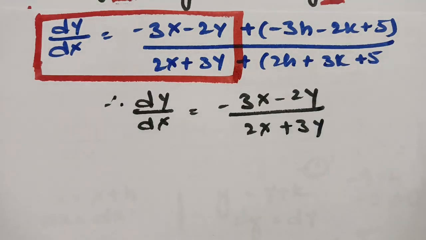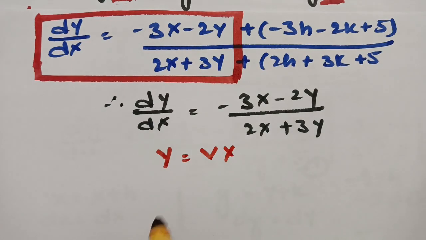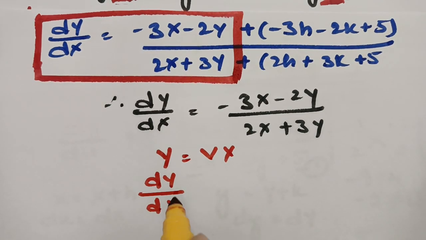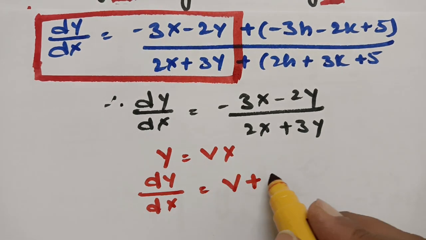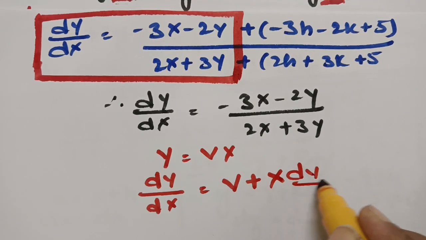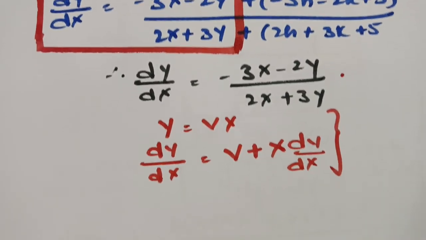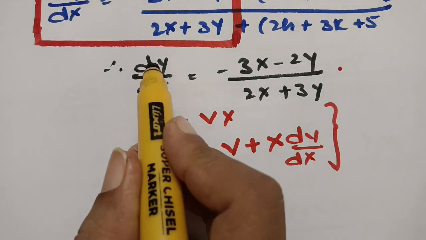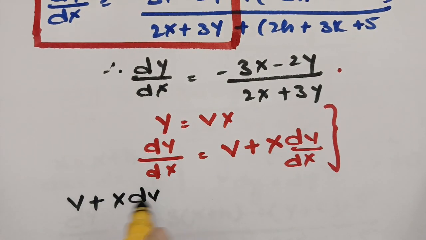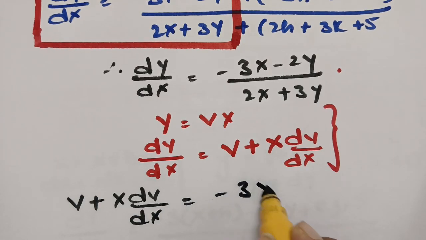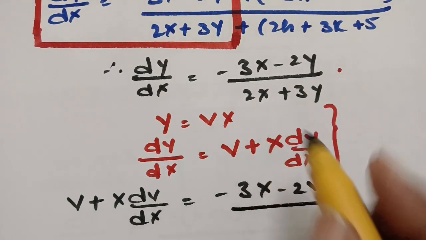As it is a homogeneous differential equation, I am taking a substitution, put y is equal to v into x. If I take the derivative, dy by dx is equal to, for x it is 1, so I write 1 into v, and next I leave x here, this will be dv by dx. So if I substitute in this equation, in place of dy by dx I write v plus x into dv by dx, which is equal to minus 3x minus 2 into y, where y is vx,